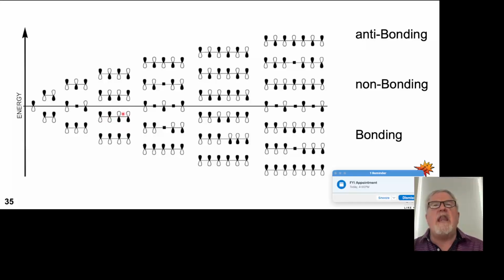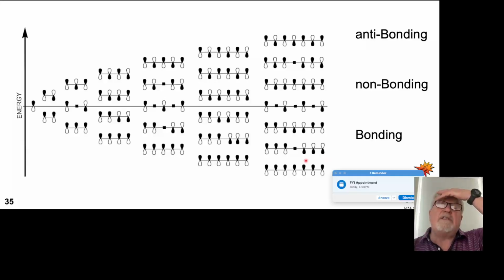This is still a net bonding orbital. As soon as we get above the non-bonding energy level, we see that we have more anti-bonding interactions than bonding interactions. So everything above this line, which is at the non-bonding level, is net anti-bonding, and everything below it is net